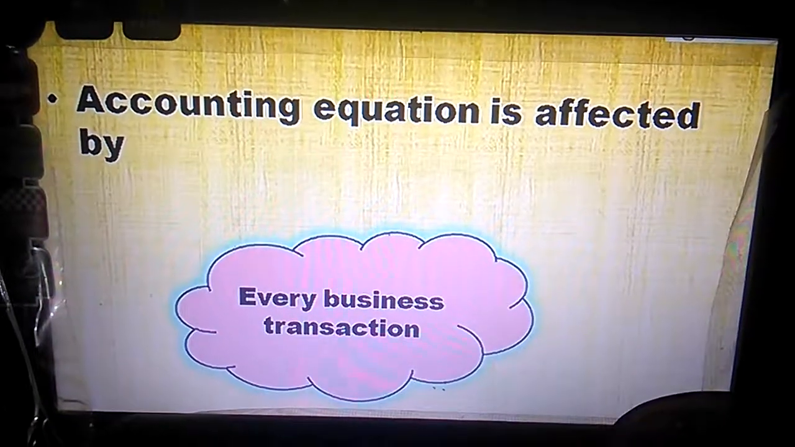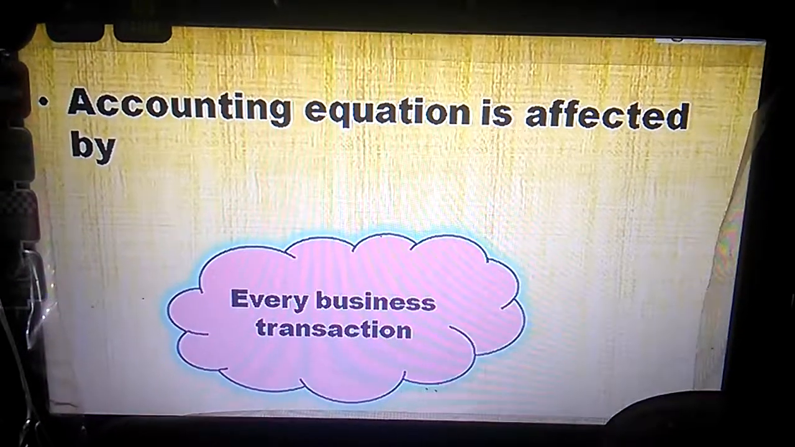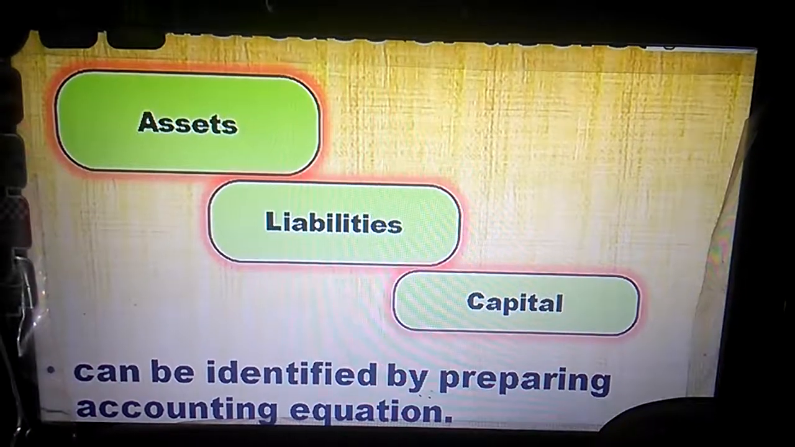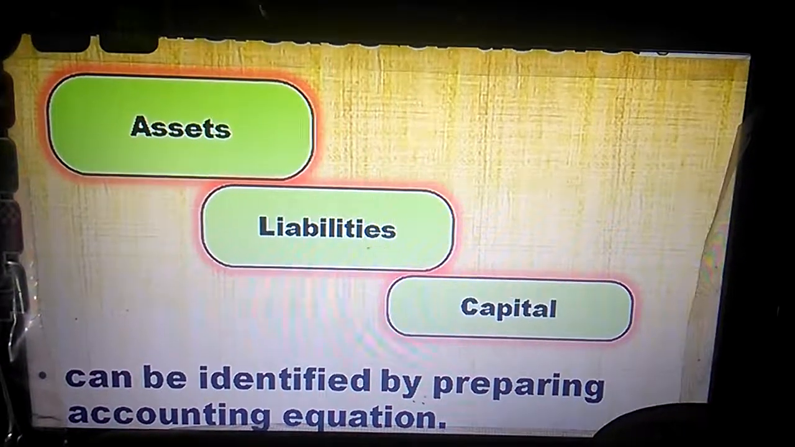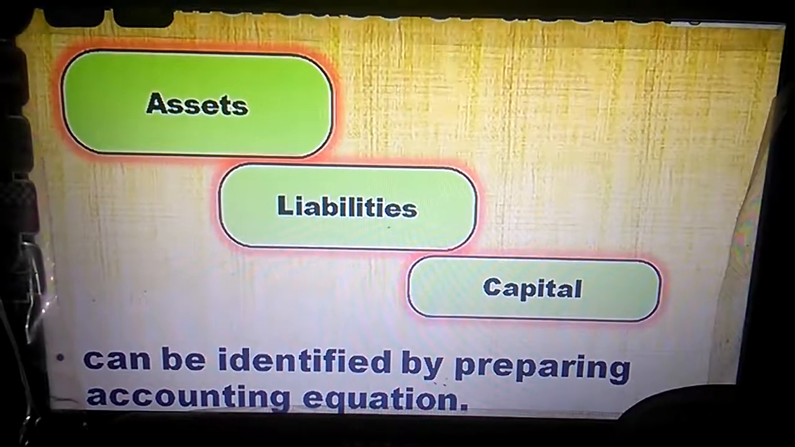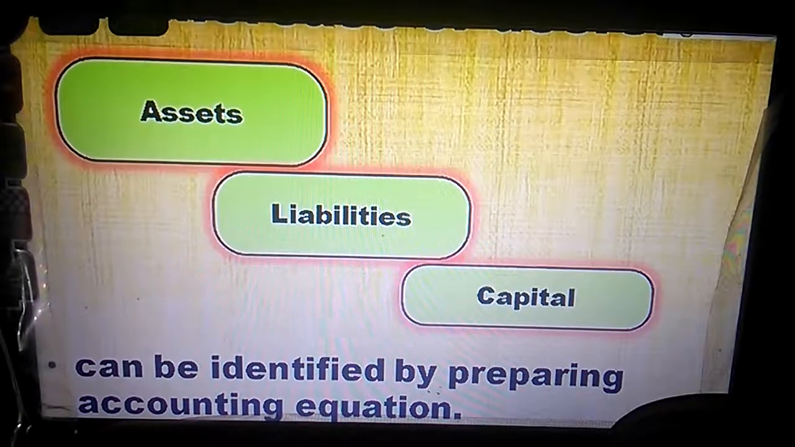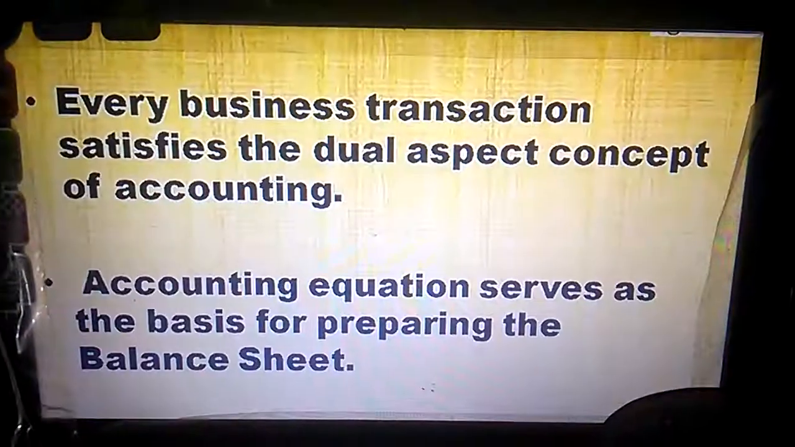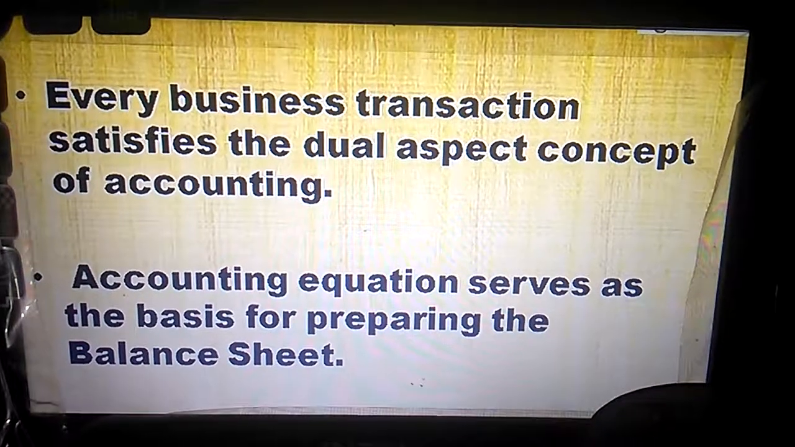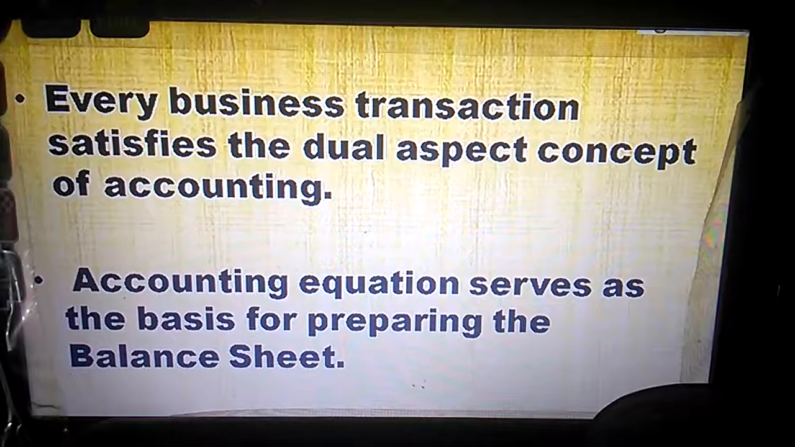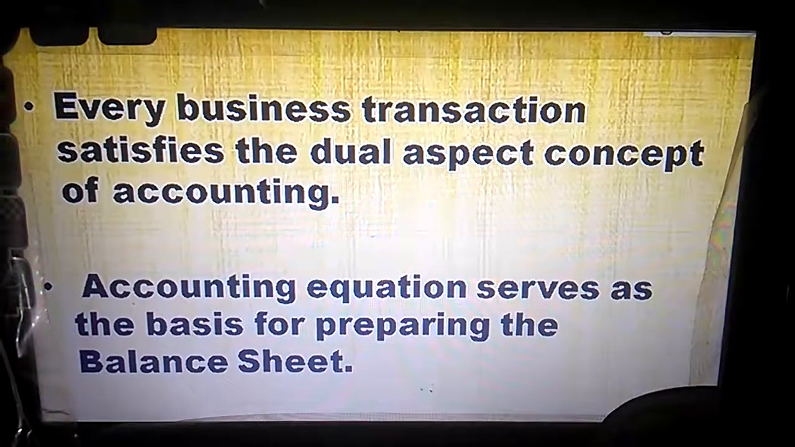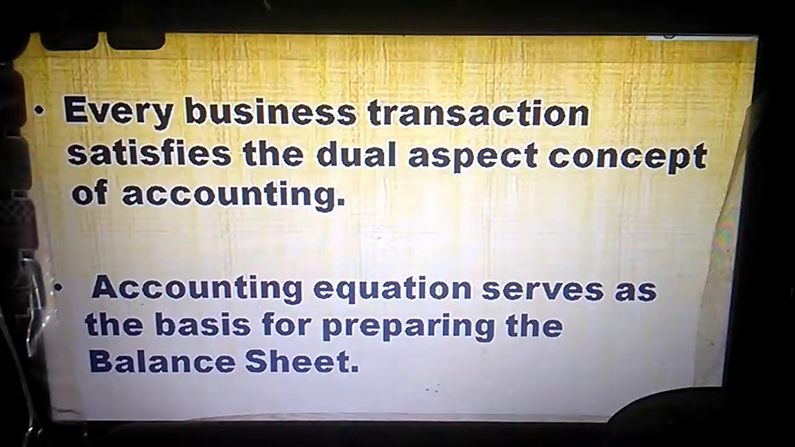The accounting equation is affected by every business transaction. Any increase or decrease in the assets or liabilities or capital can be identified by preparing the accounting equation. Every business transaction satisfies the dual aspect concept of accounting. You have studied the dual aspect concept earlier. That is, every transaction is affecting two aspects. And the accounting equation serves as the basis